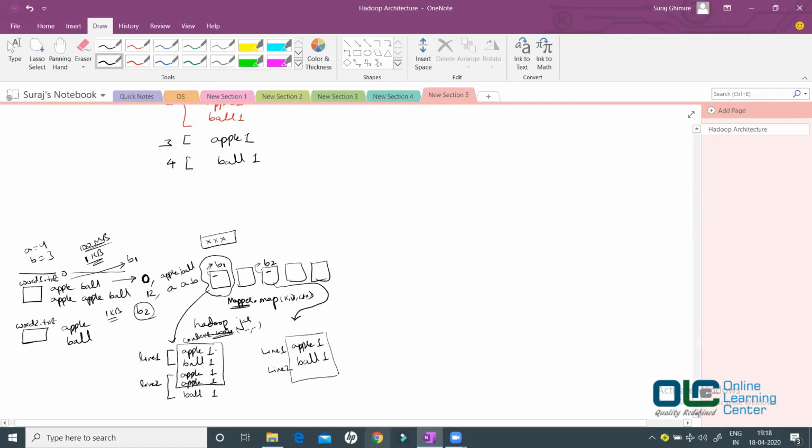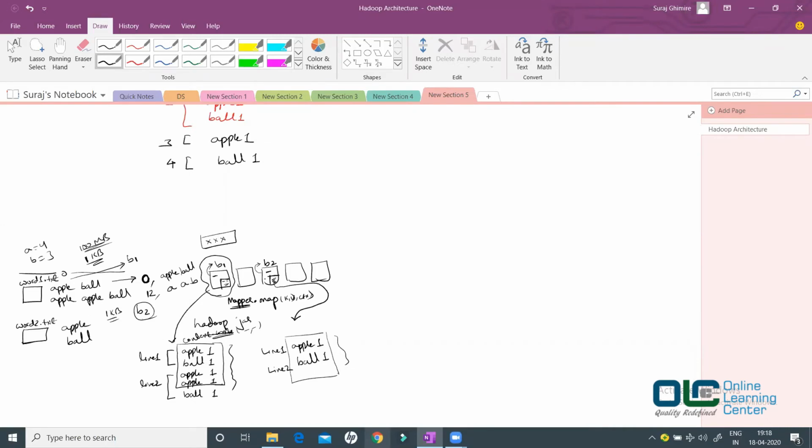All right, now this data is processed and it is locally in this system. See, the processing is happening locally, right? Do you remember that term, data local optimization, which always says try your level best to process the data as locally as possible. So b1 would be processed here, b2 would be processed here, and this output, the context.write output, is here locally. Now when they are locally in their node, you cannot really find out the count, because to count everything you need to bring them together, right?